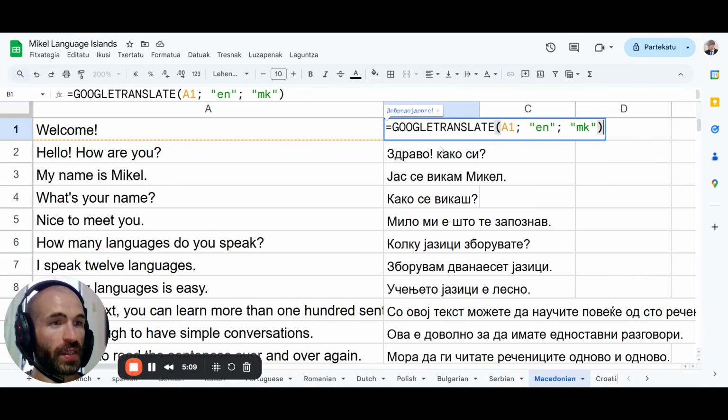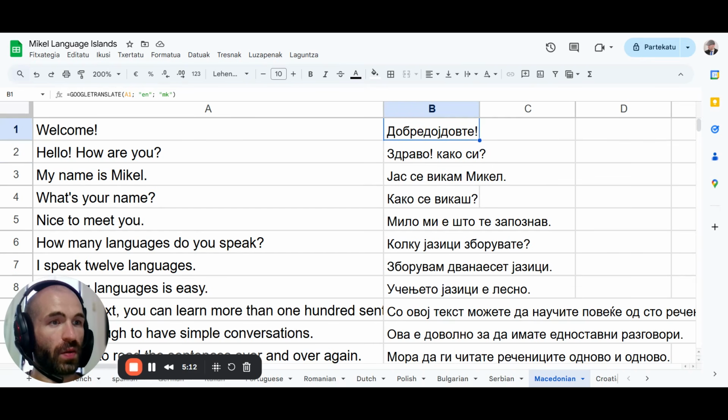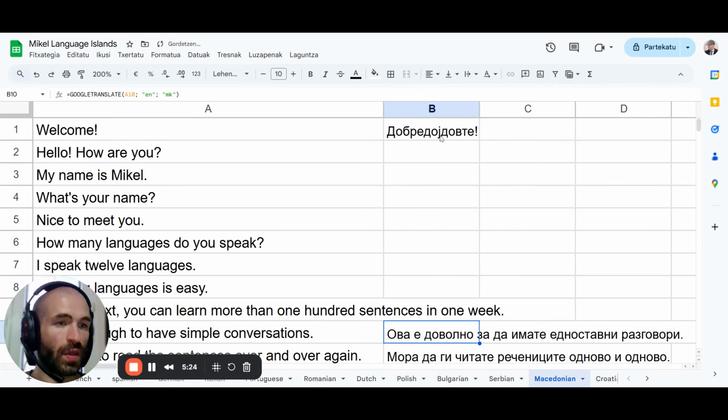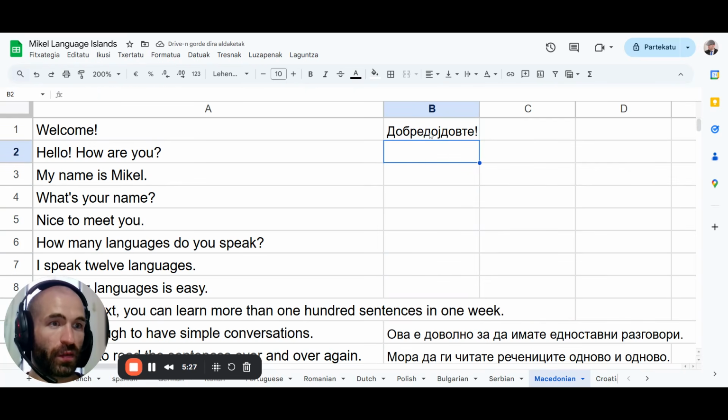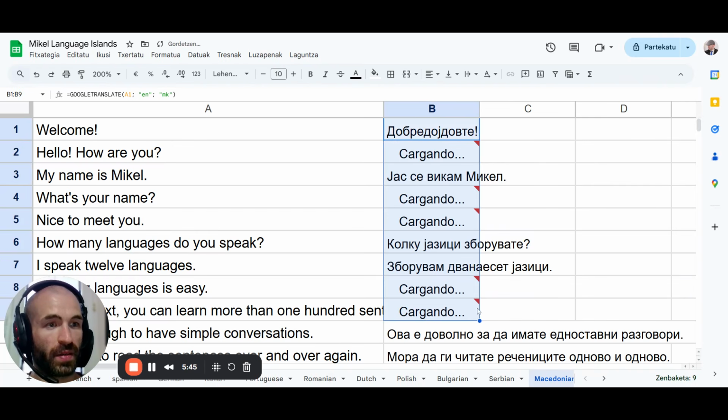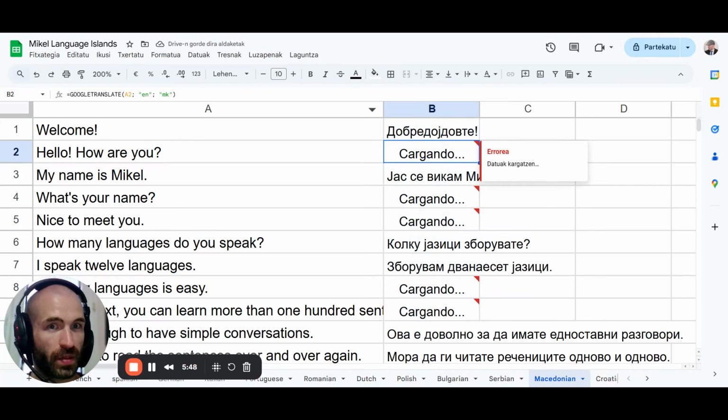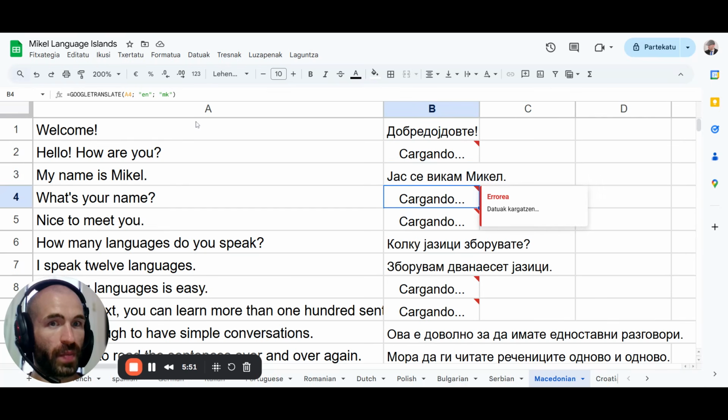So Google Translate here, and then you do it with the first one, and then you left click here and hold, and you drag it. You see, because otherwise you'd have to paste. Like if you copy and paste, it's say A1 here still, so it'll translate this one again. You don't want that, so you drag it with your left clicking, and then it drags. So it's A2, A3, A4. You get the idea.